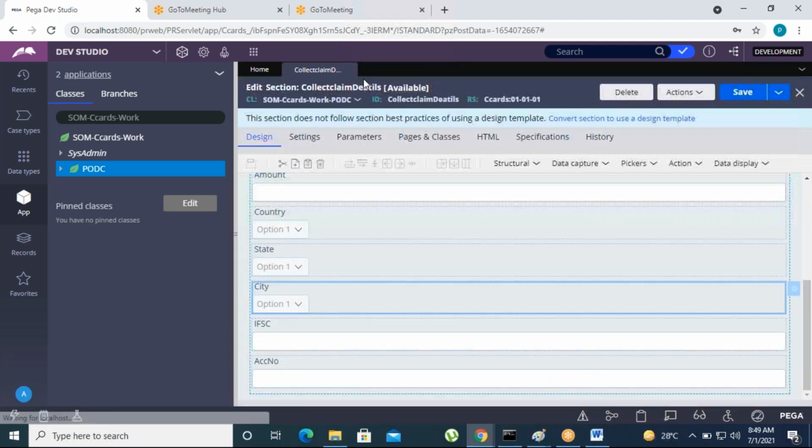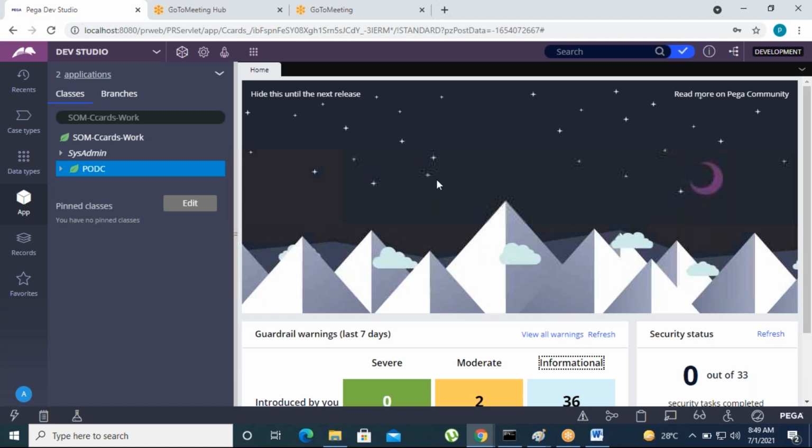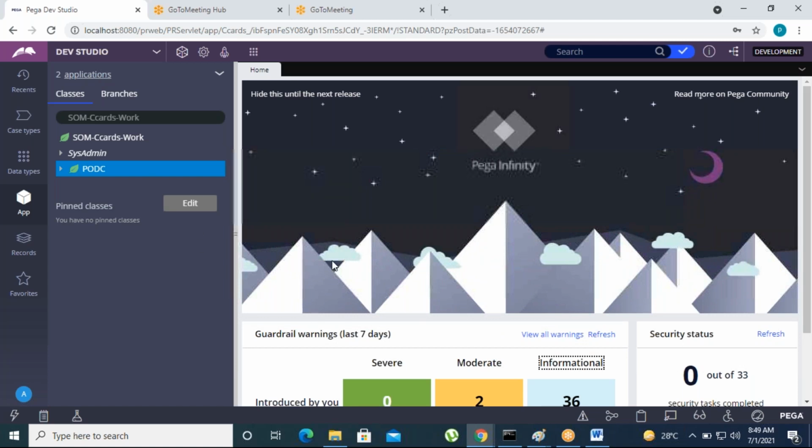Okay, so before that we need to understand, before going to this requirement, as of now whatever development is done, we can deploy this code into production, right? Whatever work you have done so far, that means the total development, we can deploy to production. So whenever the application is deployed, that version will be locked. Okay, the version is locked.